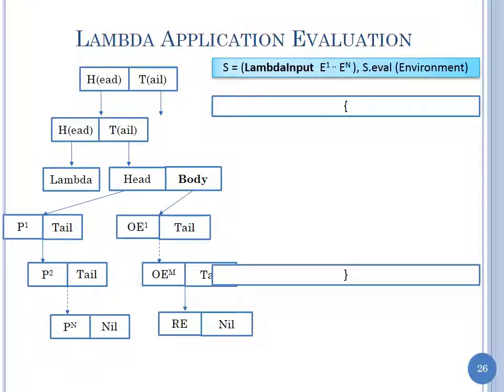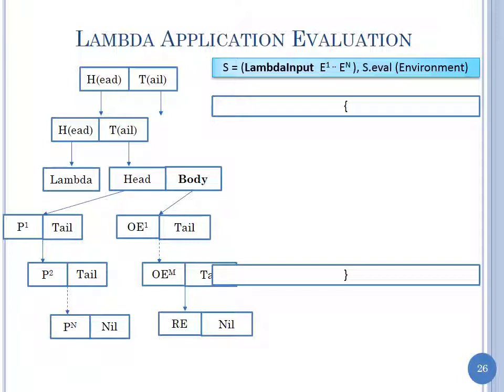So, we have a lambda application evaluation, and I tried my best, but I couldn't create a single picture to show the whole application. So we'll do the application in 2 stages. We look at the head of this list, and we'll look at the remaining part later. So the head we know is